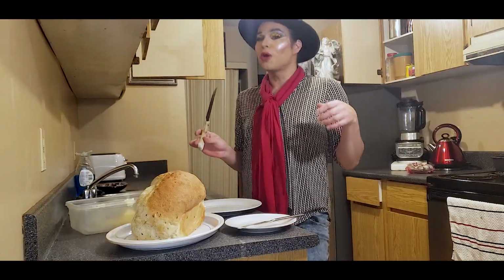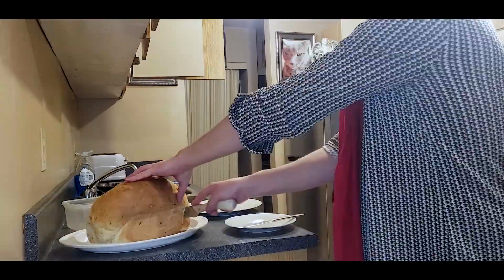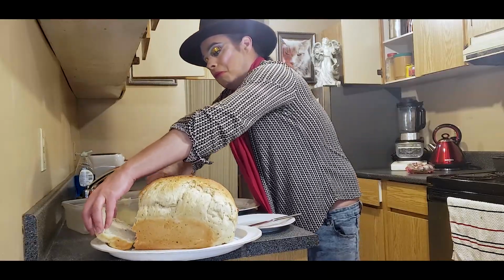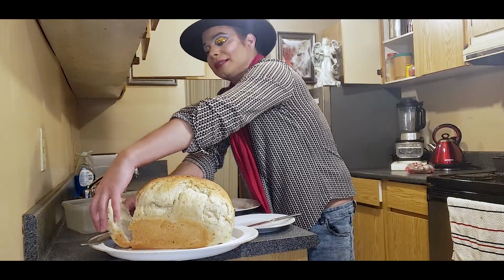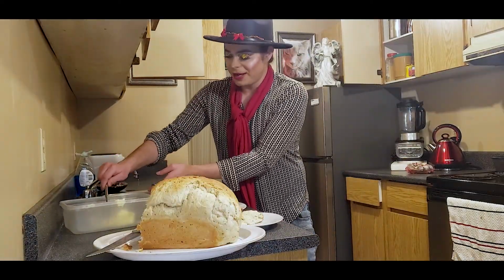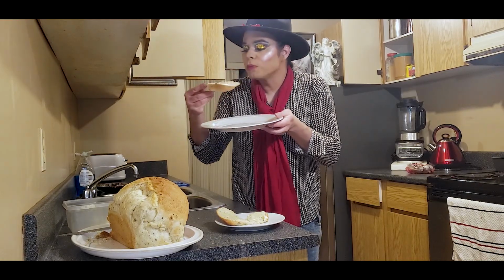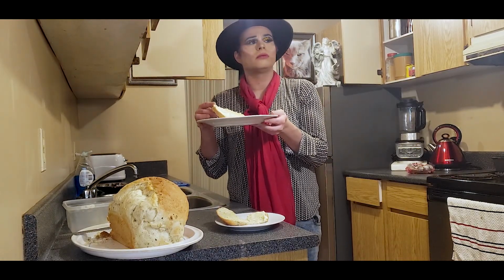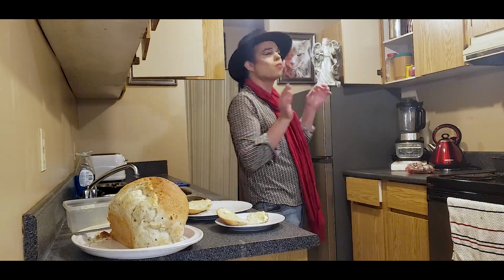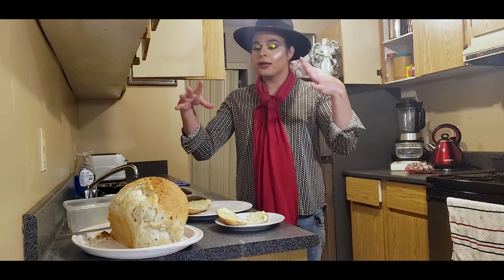And now it's the moment of truth. Ooh, okay. That's the butt. And officially it's cooked all the way through. I think I will have the butt. And of course you need a little bit of butter. Butter makes everything better. Oh. I could definitely use a little bit more salt, a little bit more garlic, but I'd say overall it was